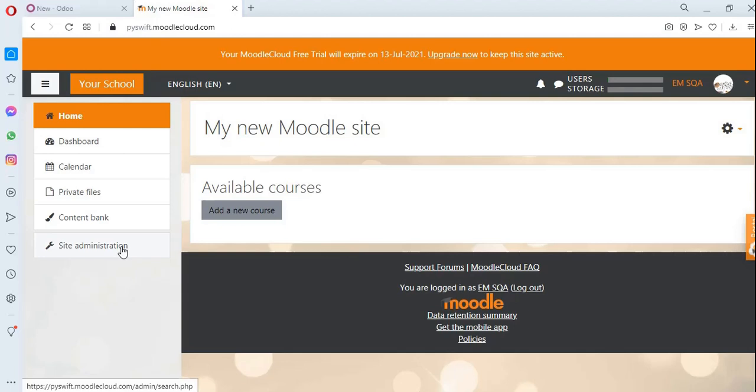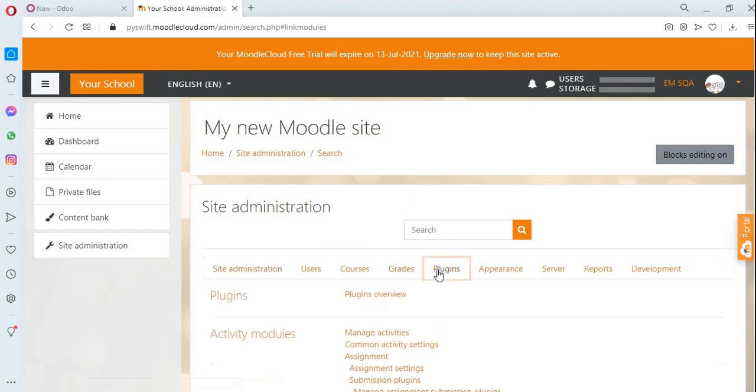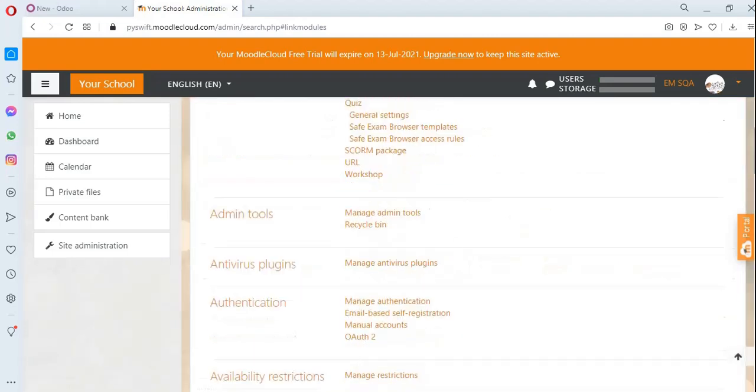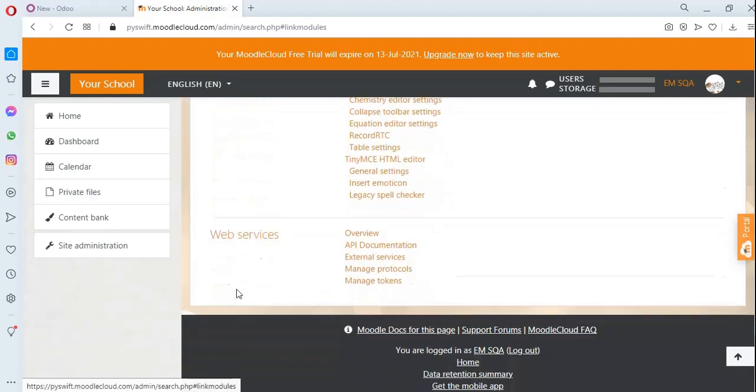So simply go to the site administration, and here is the option Plugins in the tab menu, and scroll down, and here is a section known as Web services. Okay, so we have to add that we are using these Moodle Cloud services externally, so we have to add some configuration to access the Moodle Cloud account. So we have to add some external services. So click the external services,